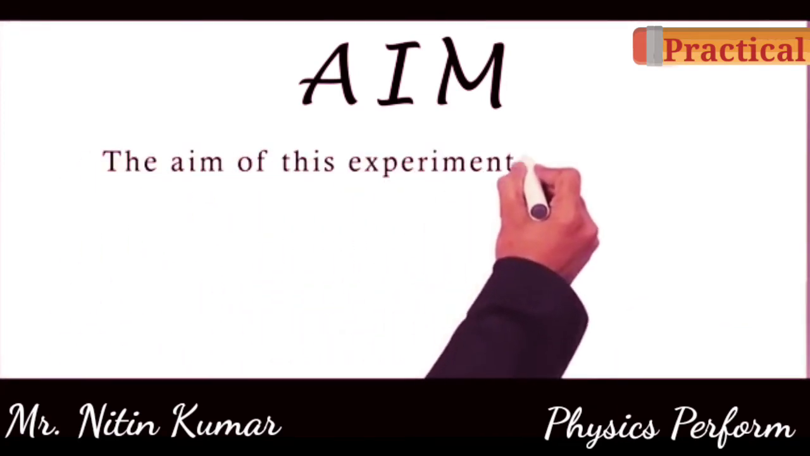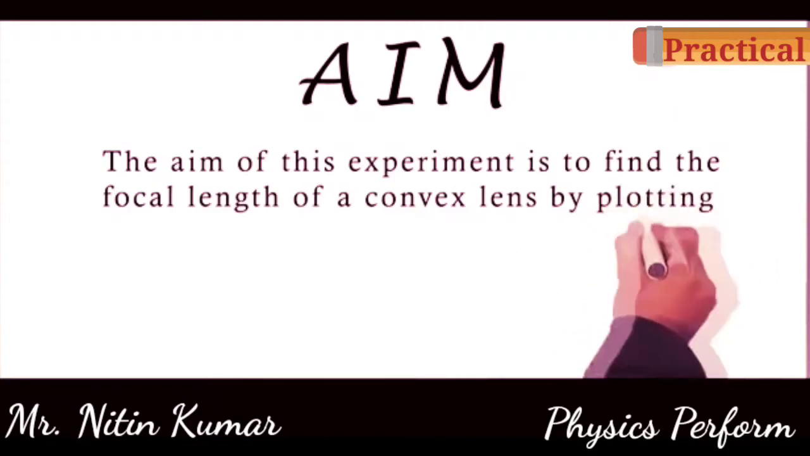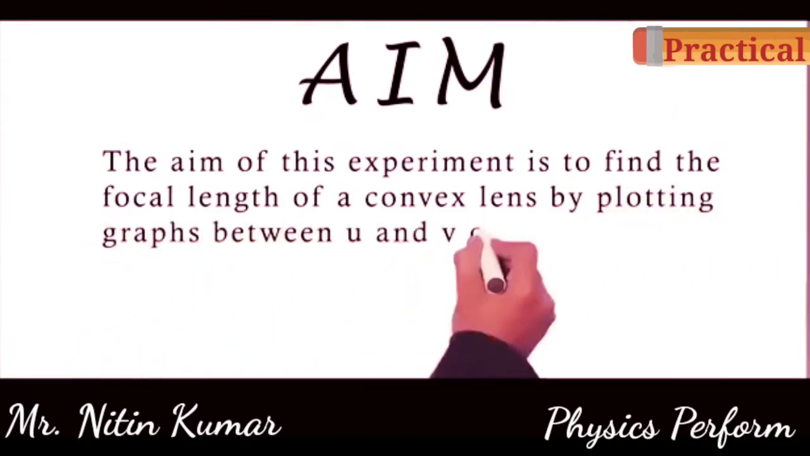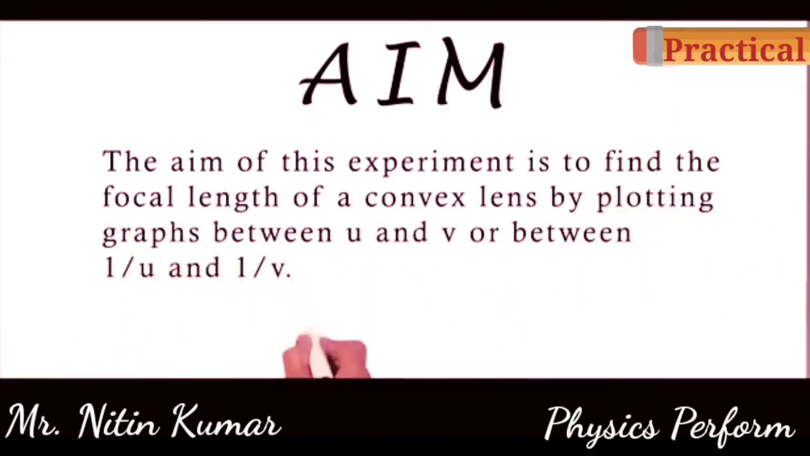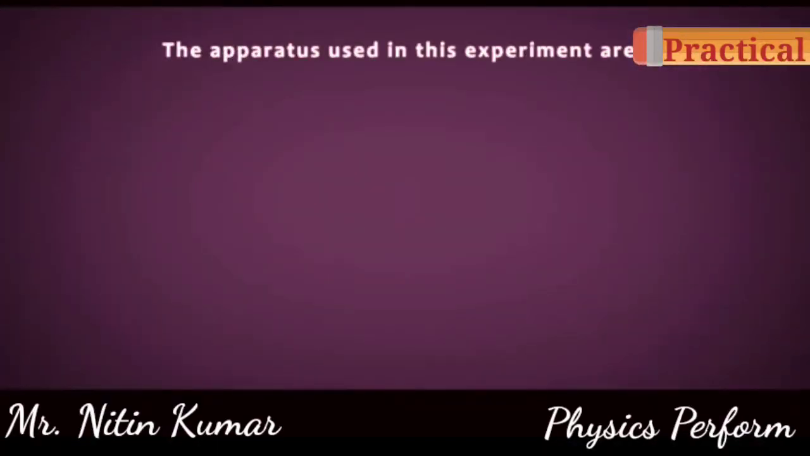The aim of this experiment is to find the focal length of a convex lens by plotting graphs between u and v, or between 1 by u and 1 by v. The apparatus required for this experiment are